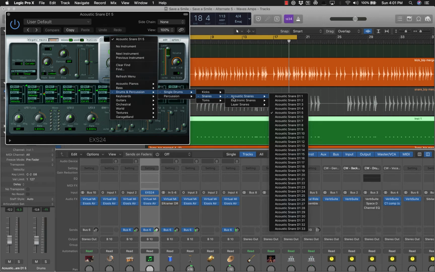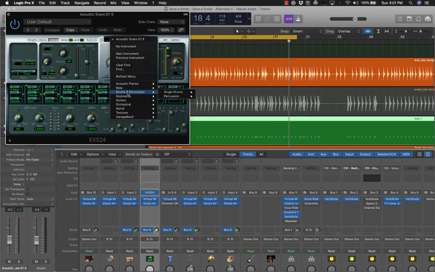So it'd be better if they were named. I'm sure you could probably go into the Logic files somewhere and categorize these, or maybe there's something online that they set up to tell you what snares are what. So I just had to cycle through the ones till I found the sound that I wanted. So you can switch them there as well, and you can also switch your kick drums,